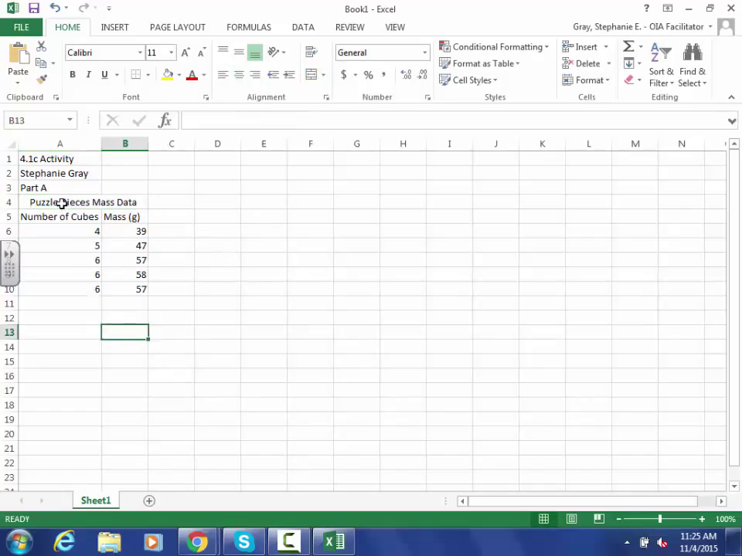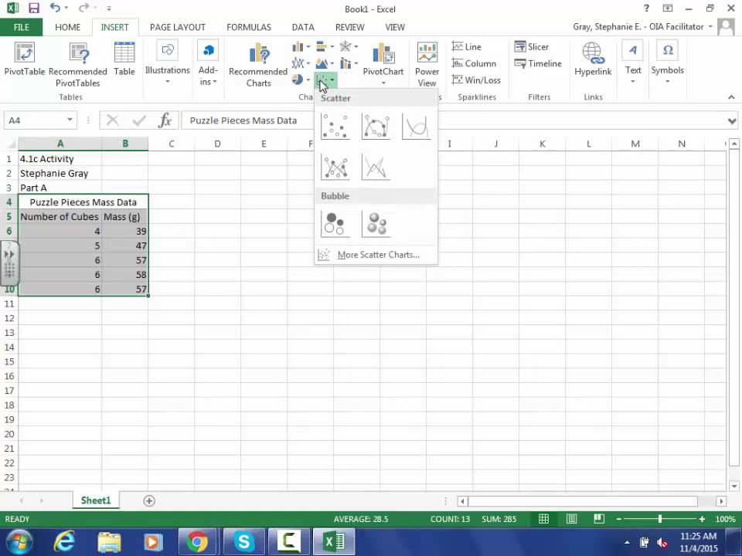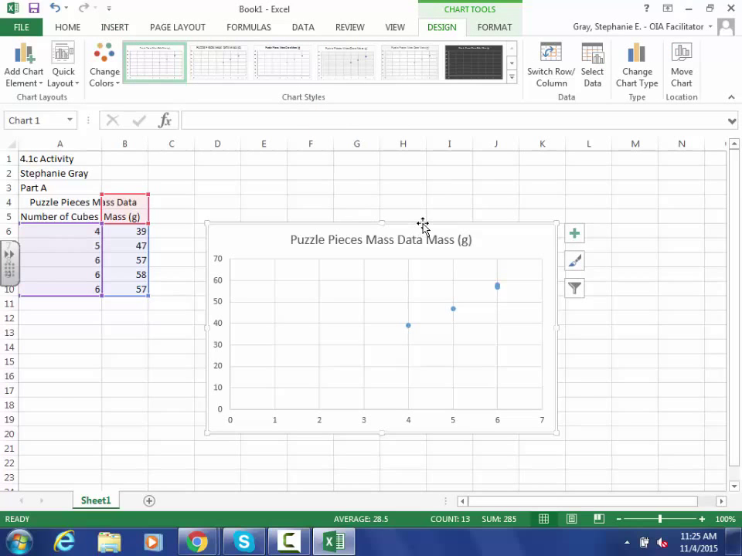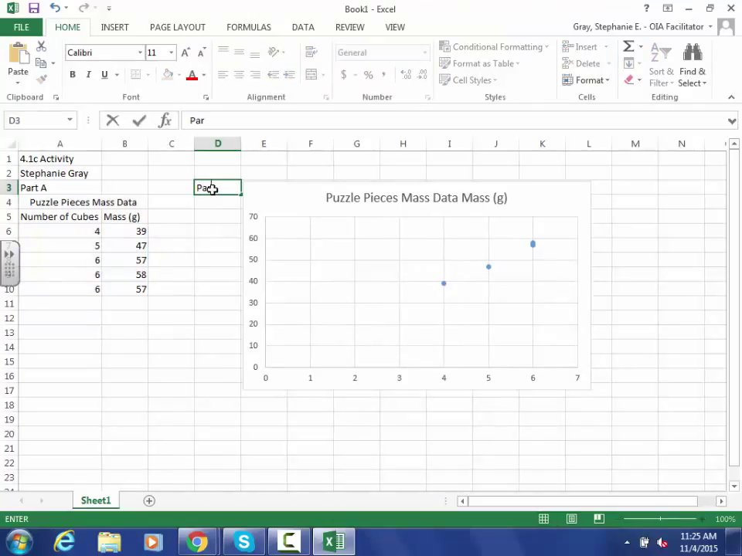So the way we're going to make the scatter plot is we're going to highlight our data here, including the titles. Then you go to Insert, and then we're inserting a chart, so we're in this panel, but we want to insert a scatter plot, which is this one, and then choose the first one. Okay, so there is our scatter plot, and this is part B,